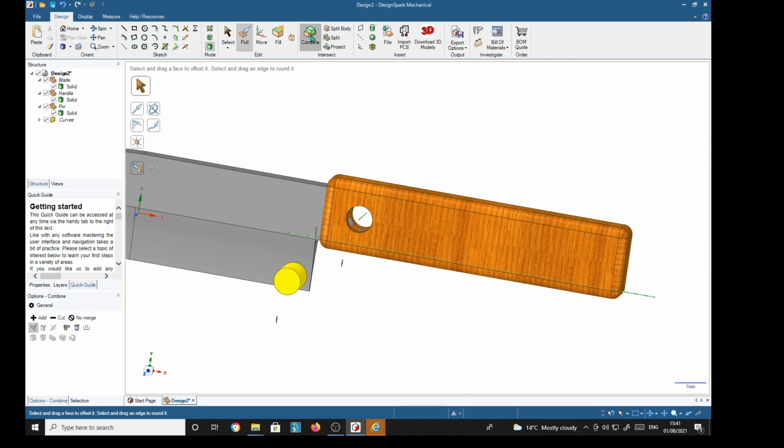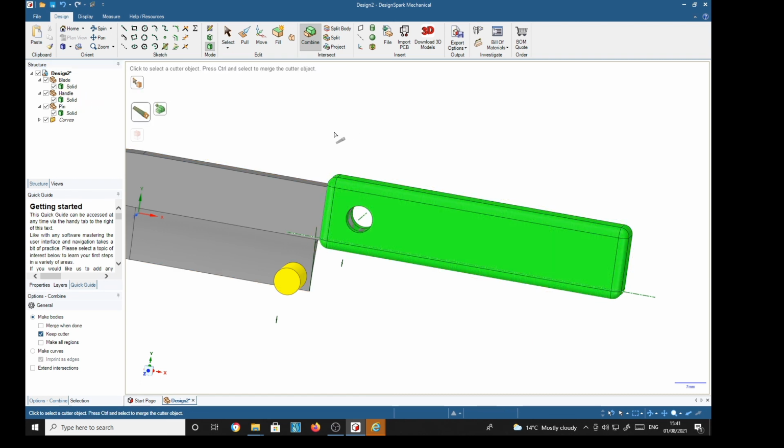So we select it, click target object. Target object is the handle, so we select the solid of the handle, and then cut object, we select the solid of the blade,